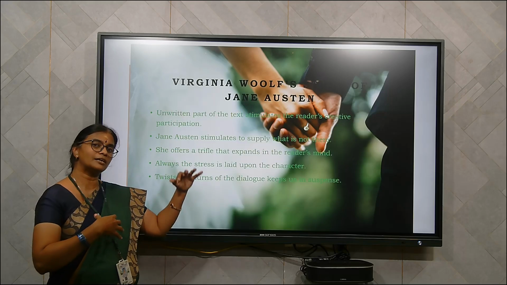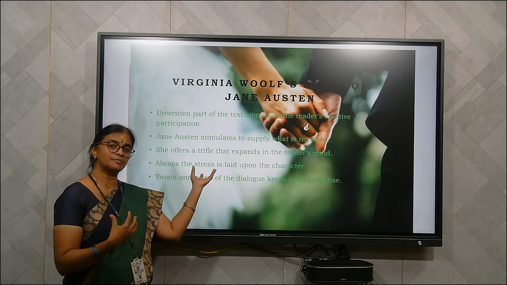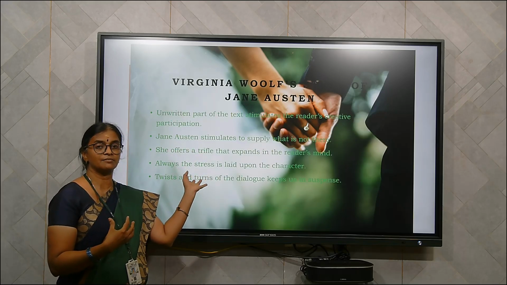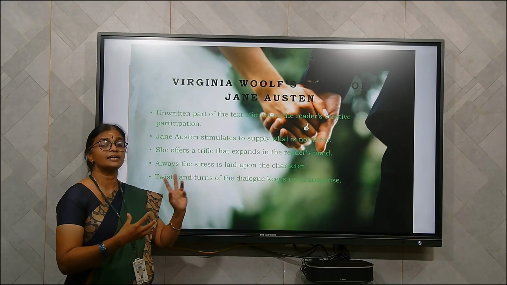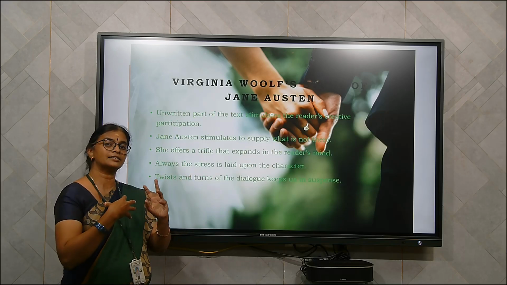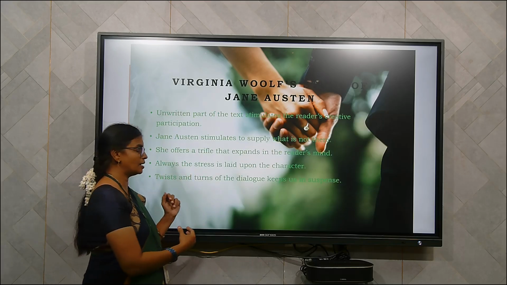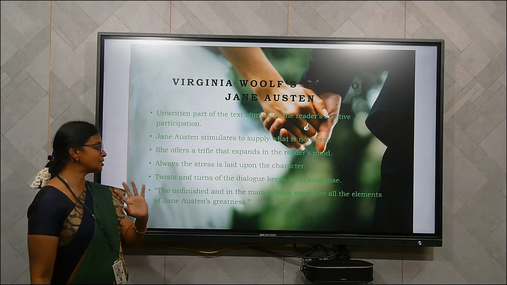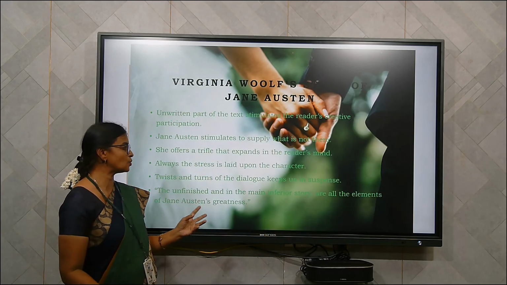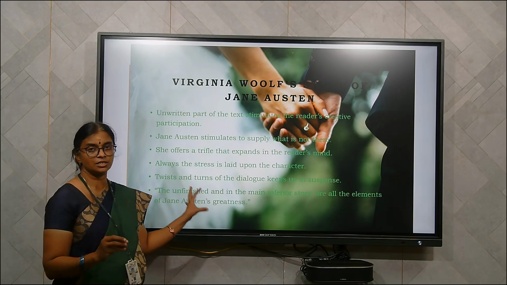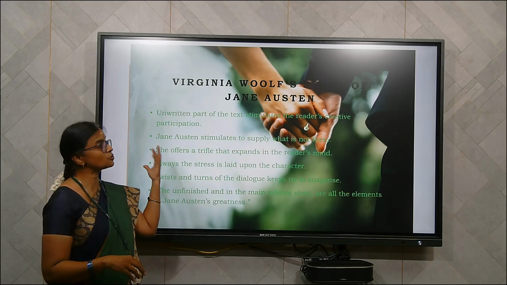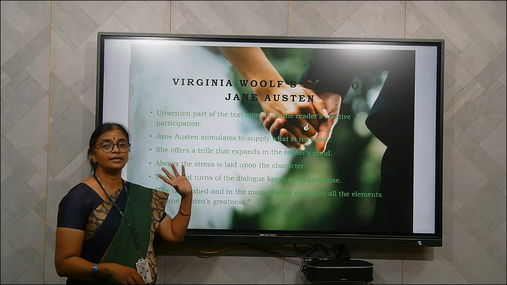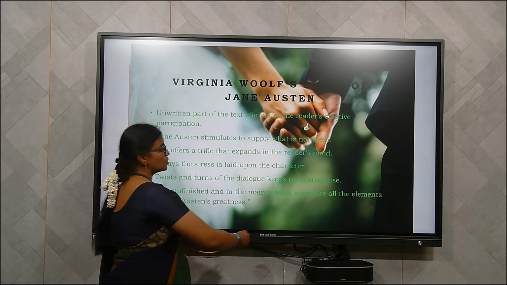So that is what Laurence Sterne gave in the previous remark. I told you that he is comparing it with a game, as with a reader and a writer. The unfinished, in the main inferior story, is an element of Jane Austen's greatness. This is what was told by Virginia Woolf in her study. So this is the